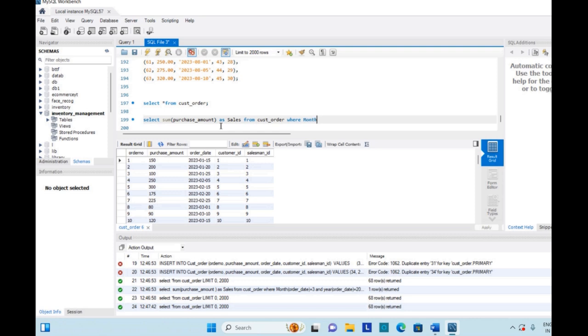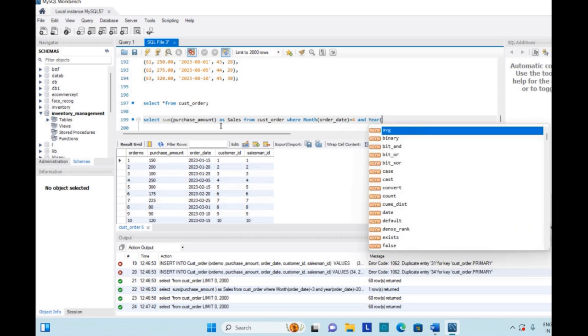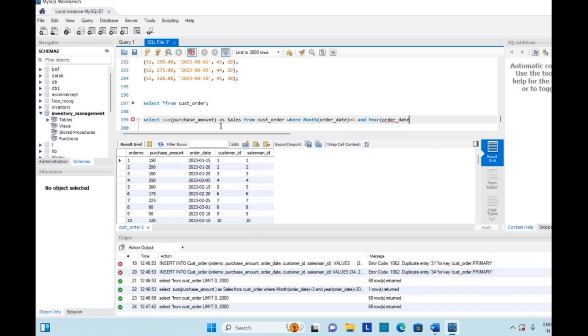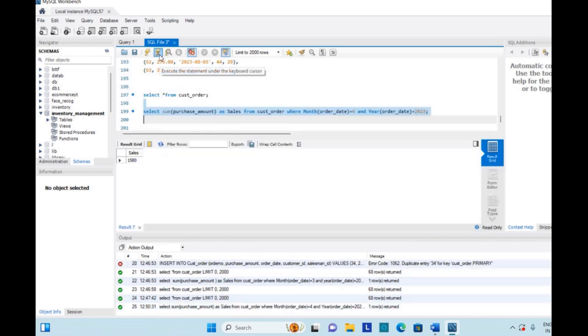So for that I will use the function month of order date equal to 4, and I use the clause AND. Then I will write the year function, year of order date equal to 2023, and I will run this query. When I run this query, this will display the sum of the sales made in the month of April, that is 1580 in the year 2023, and thus we have solved query number 15.